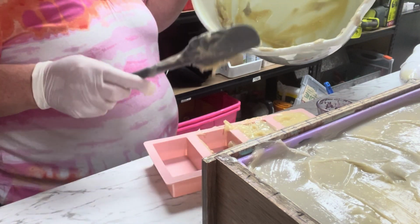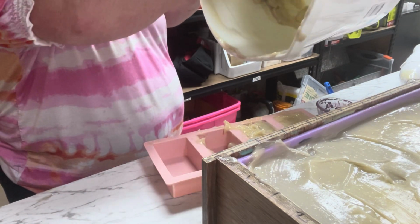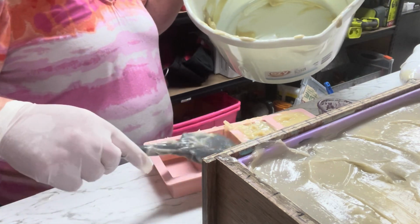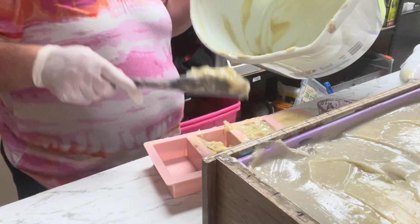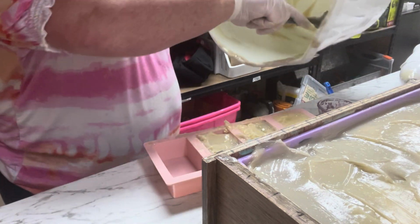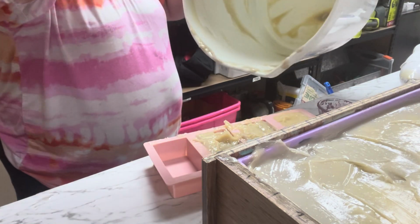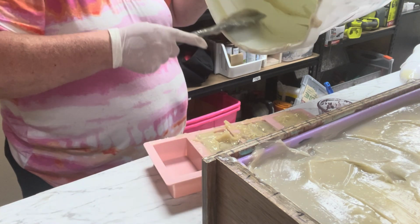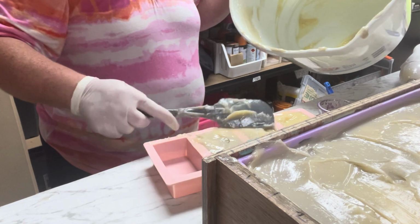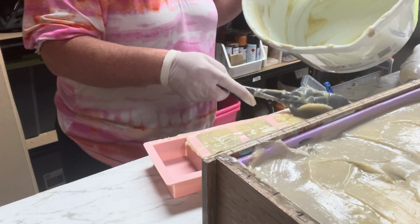But I've said this in a few last videos. Soap is one of these things that you've got to be fast on your toes if something goes wrong. And it's not that it's gone wrong, it's just, you know, it's gone super thick. And obviously we want to get it in the mold so that we can cut it and it's going to look beautiful. And I may have to cry if it doesn't look beautiful, but...